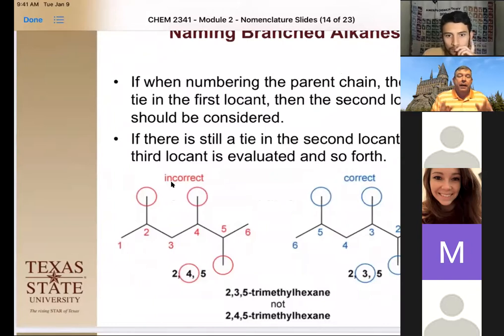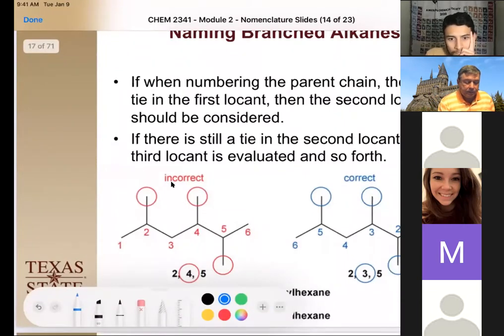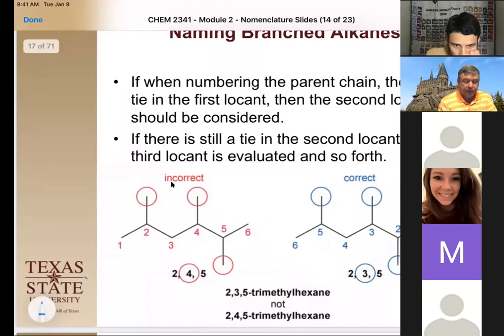So now we know that we want to have the first substituent on the lowest number. But what if the first substituent can be on the lowest number depending on which side you name it from? Now we have to use a more subtle rule. We want to get the lowest set of numbers. Let's use this as an example. We're going to go back to that trimethyl group, but instead of having those 2 methyls on that 4-carbon, we're going to move them. We're going to move 1 to here and 1 to here.